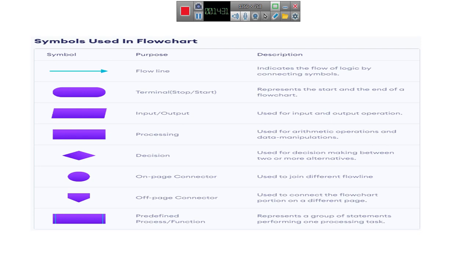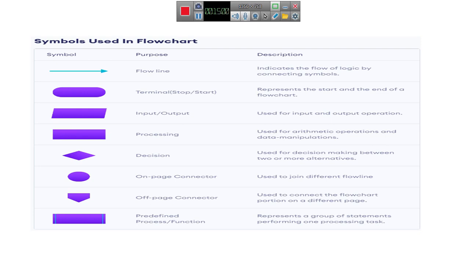The flow line indicates the flow of logic by connecting symbols. The second symbol is start or stop, the terminal, which represents the start and the end of a flowchart.